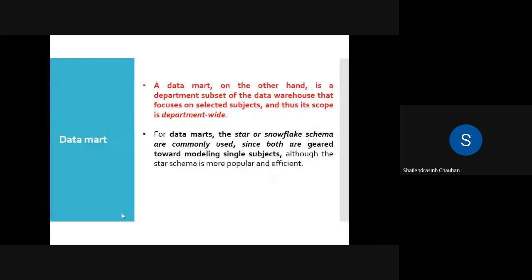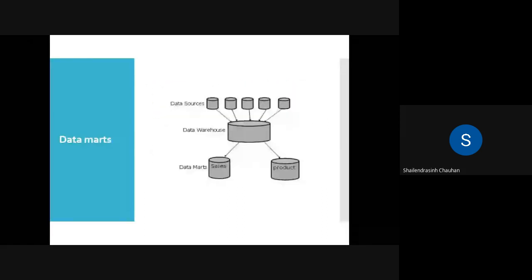And here star schema is the most popular for designing data marts. This part we also discussed in the previous session. Let us say you have business in multiple countries: one branch in USA, one in India, one in UK. If you want to store data in the data warehouse, you collect the data from all these data sources and store it inside the data warehouse. Then if you want data marts, you separate the data based on different departments or subjects like sales, products and so on. So the same structure is there, representing how you can have the data marts from the data warehouse.